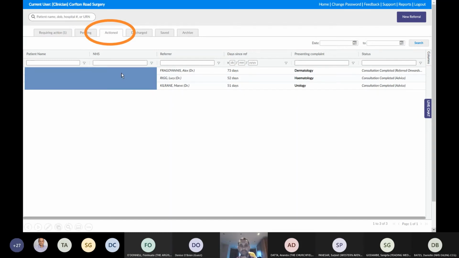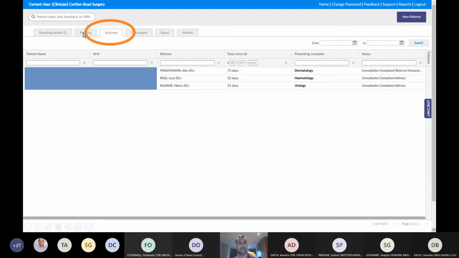And then the action tab, as we said earlier, which is everything you've picked off that list of requiring action, will end up in here. And you can see some of the waiting times here that also pop up. I'm not going to dwell on those very much, but hematology is long. But actually, the time you see here is the days that have passed since referral. So this isn't accurate because these are the actioned requests. To see a proper waiting time for that particular advice and guidance request, you really need to go to